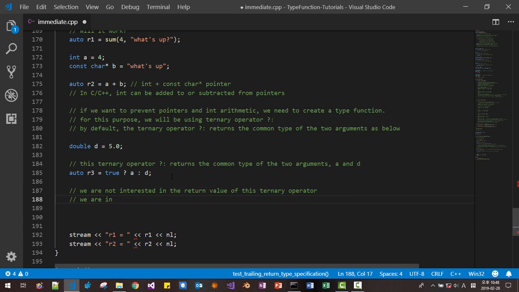We are interested in the type of this return value.